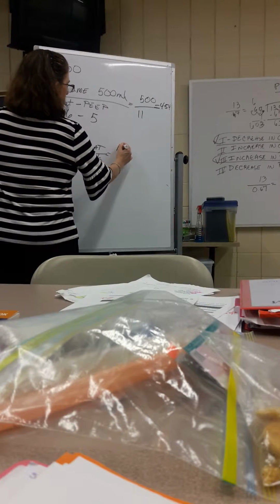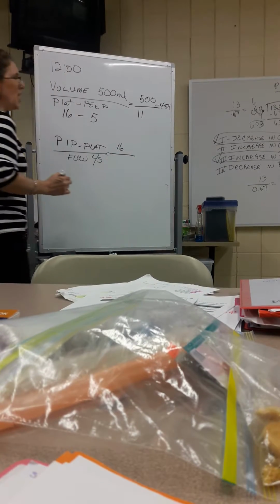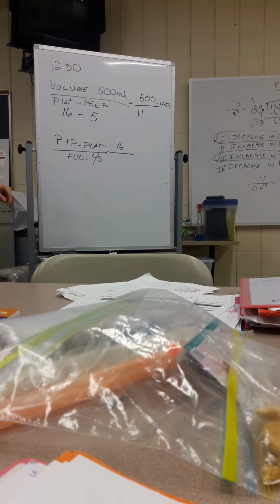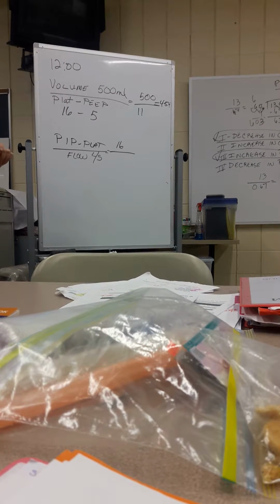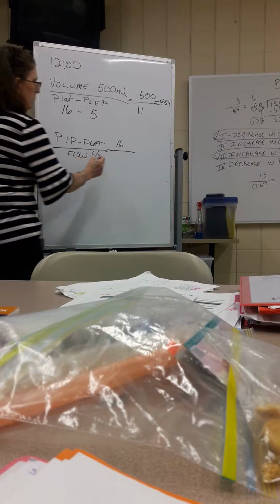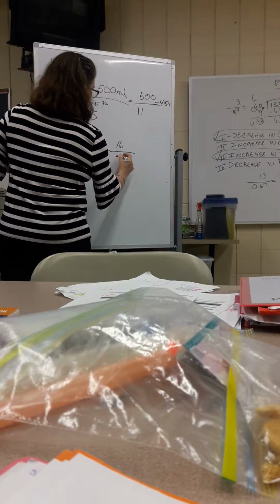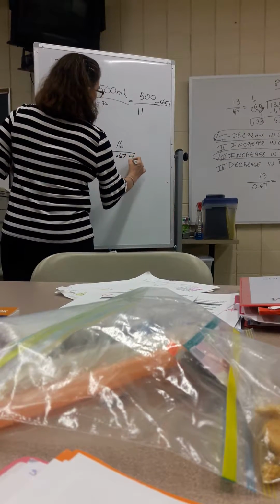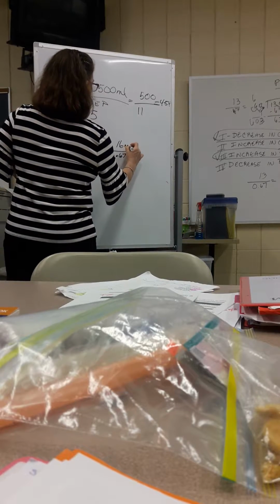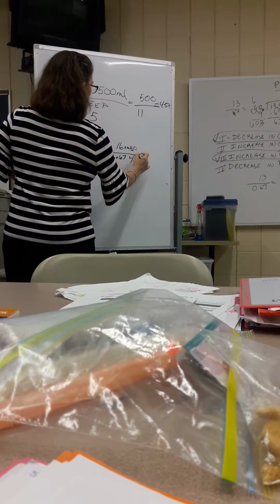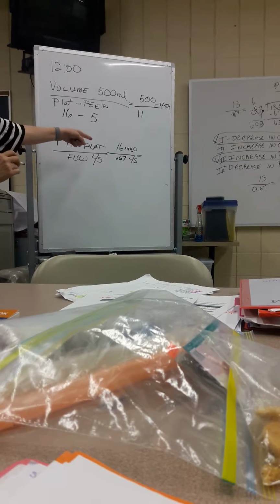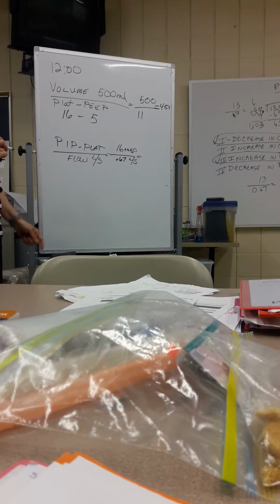So I've got 16 divided by, we already did our math earlier, when we converted 40 liters per minute, it comes out to 0.67 liters per second. So when I divide 16 by 0.67,